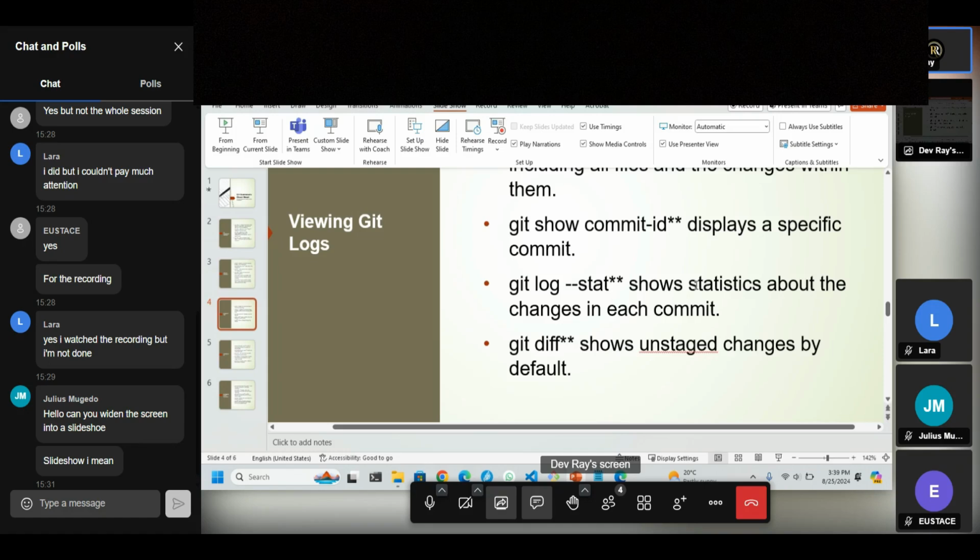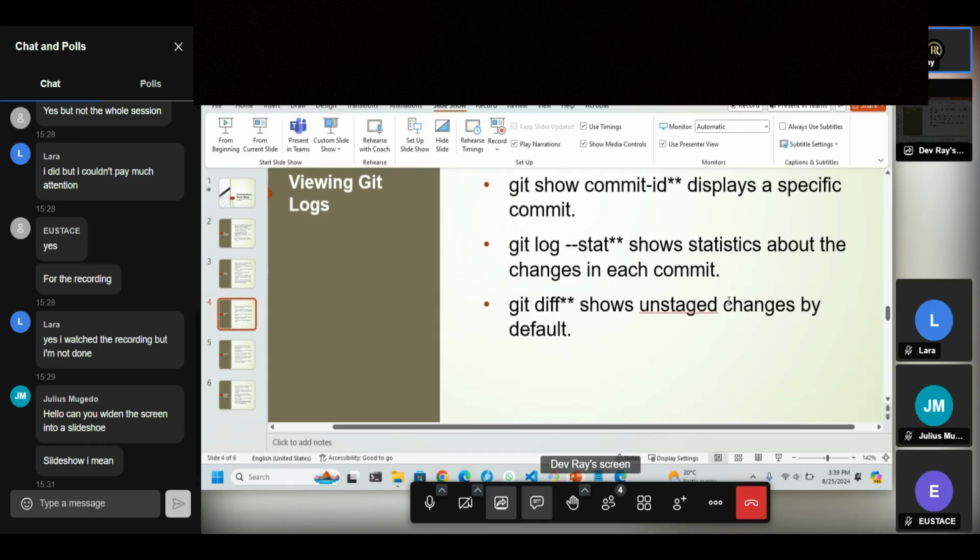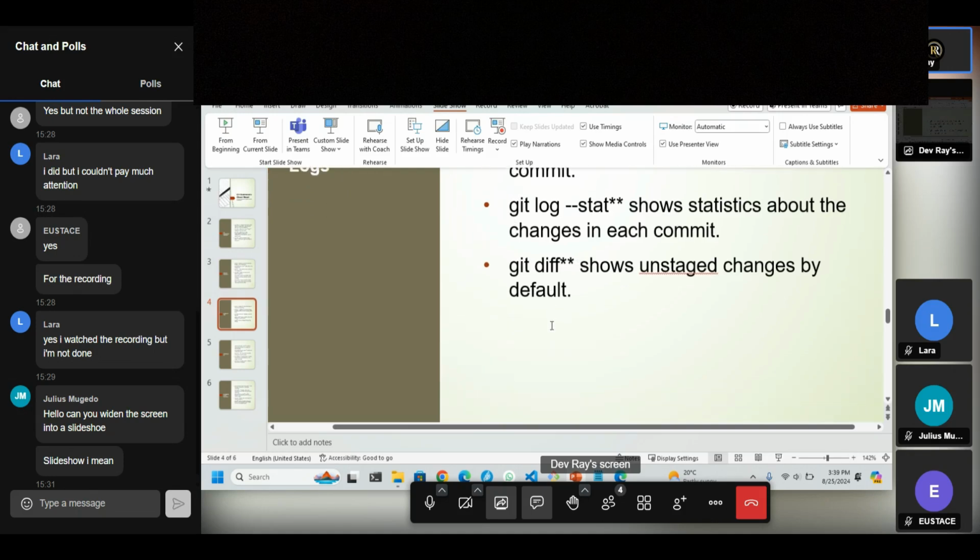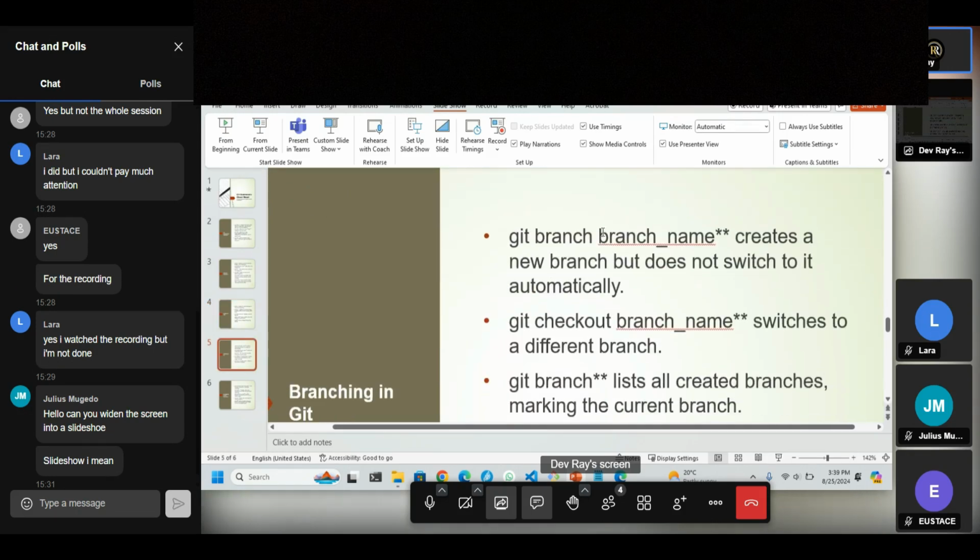This is to show the statistics of how this file has been merged, pooled, forked. It gives you all that information. And then we have git diff, which shows unstaged changes by default. I believe these are things we are going to continue learning. And then we also have git branch